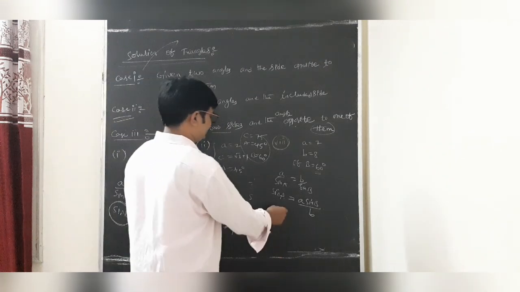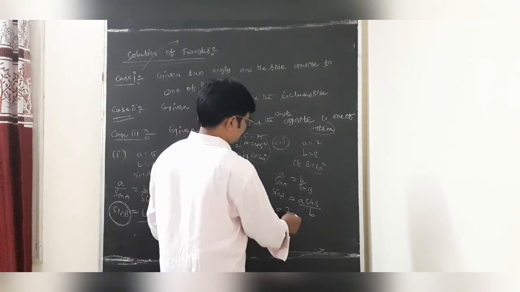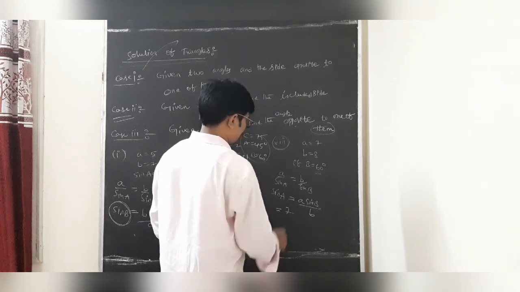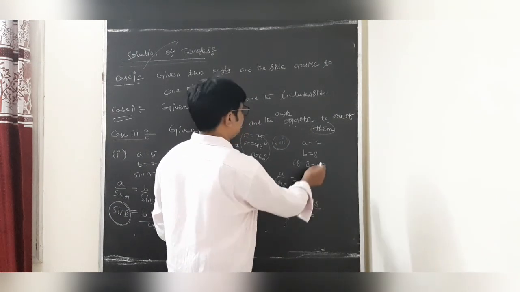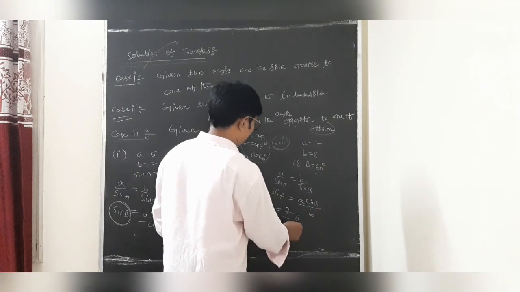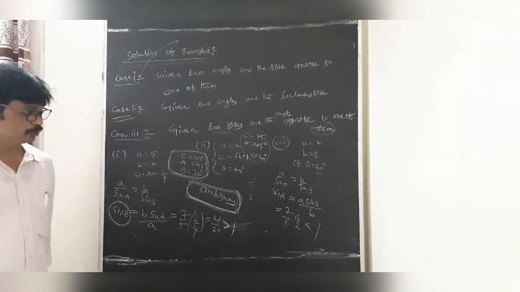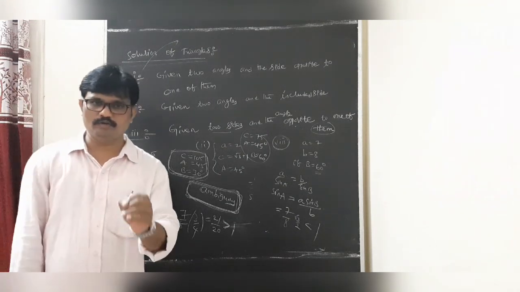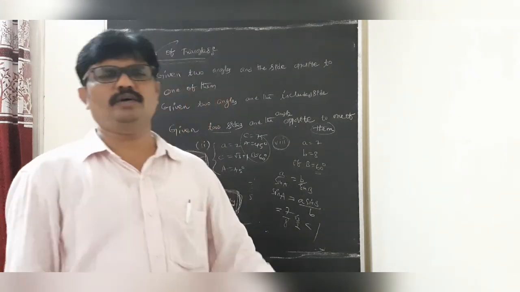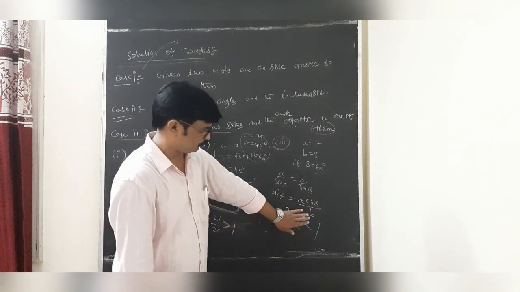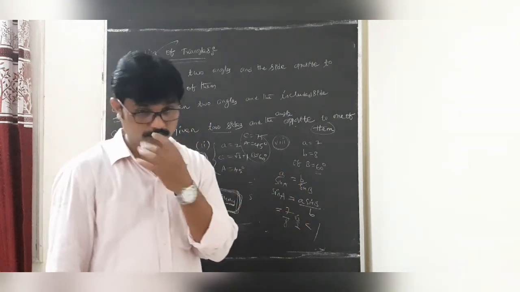So, dear students, A is 7 and B is 8. Sin 60 is root 3 by 2. Undoubtedly, this is less than 1. So when it is less than 1, undoubtedly, dear students, we get two angles. Suppose this value is 1 by 2, then A is 30 or 150.